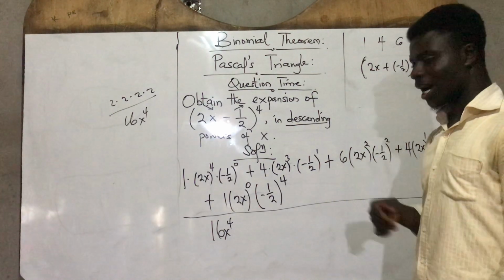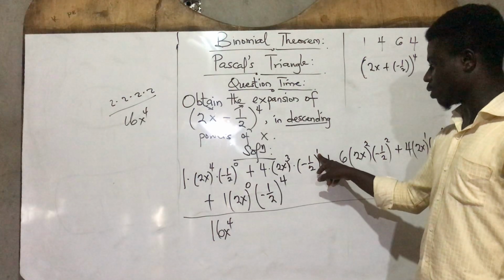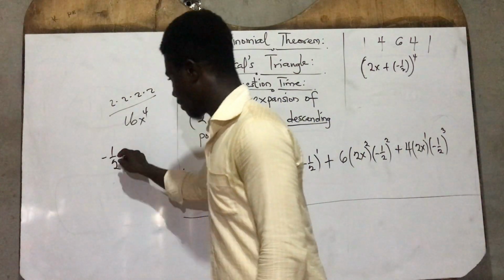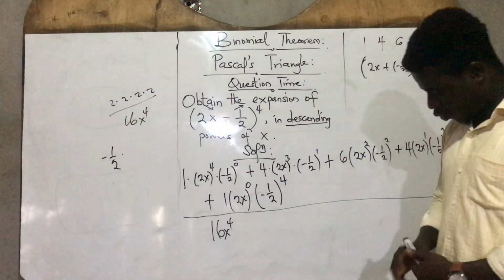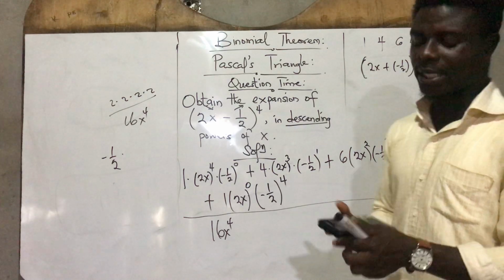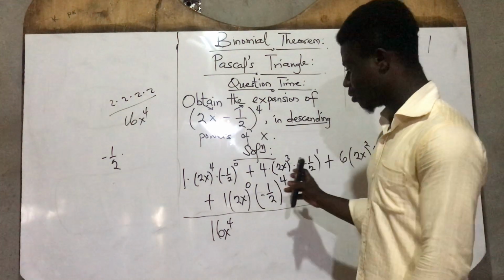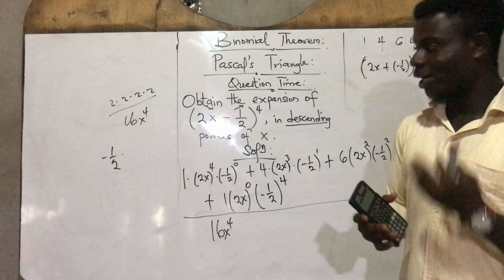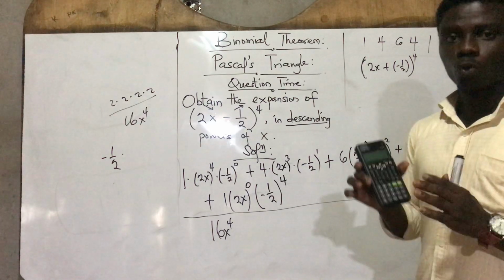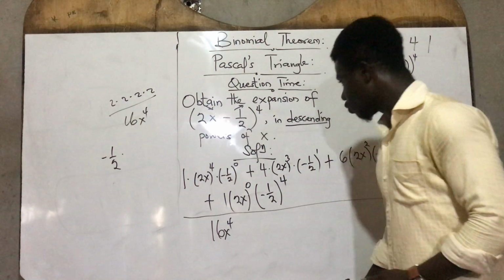Then, watch out here. This is minus half to the power 1. This is an odd number. So still I have my minus half. Minus half times. Please, if you are not sure that what you are doing is correct, you can use the calculator, because you are in a senior high level. Alright, so